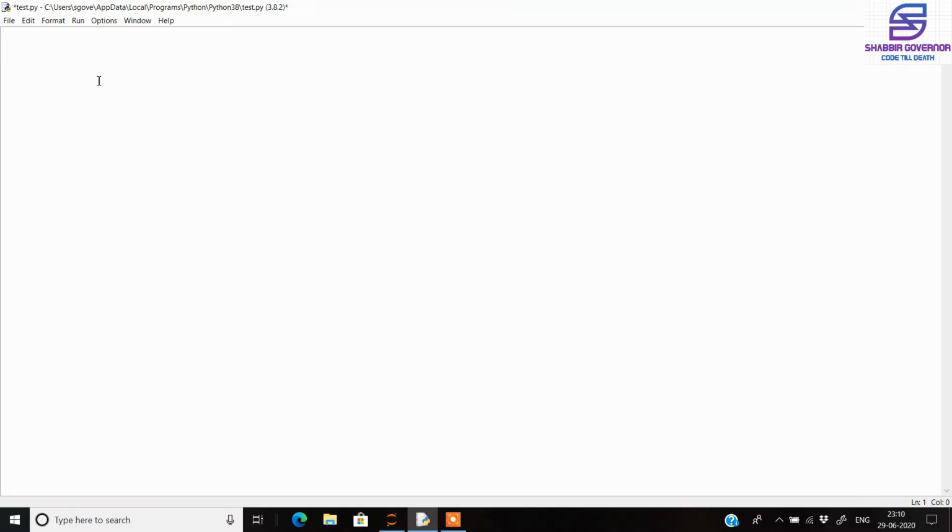So firstly, I have opened an IDLE shell. I have opened a new file here and we will be importing the tkinter module into our project. So I write import tkinter as tk. The next step after importing tkinter is that we need to create an object based on this module. So I write the object as tk.Tk(), and we call it and assign it to an object basically.